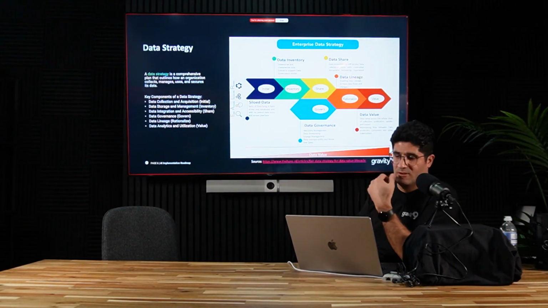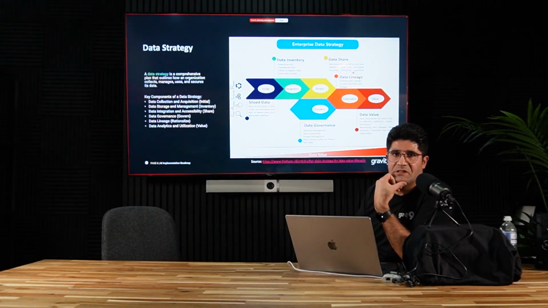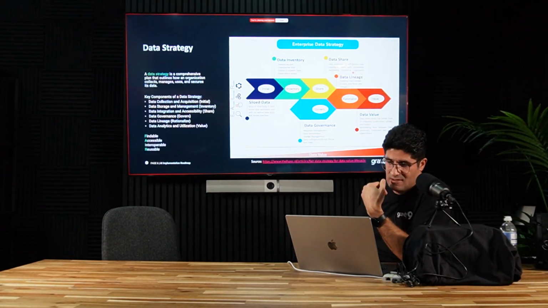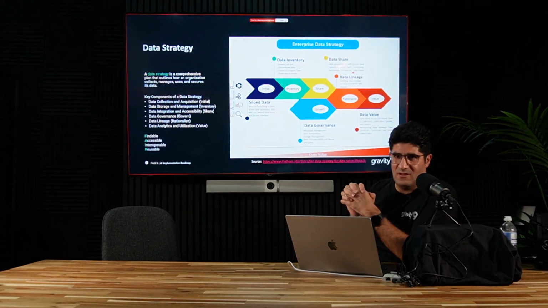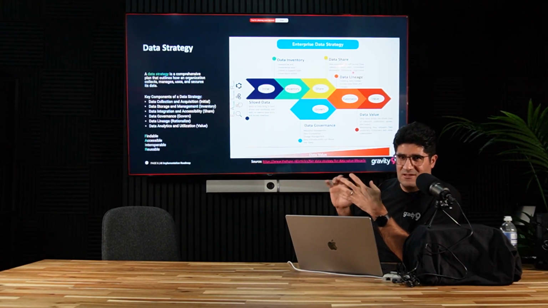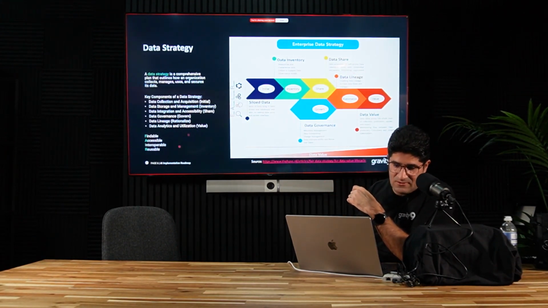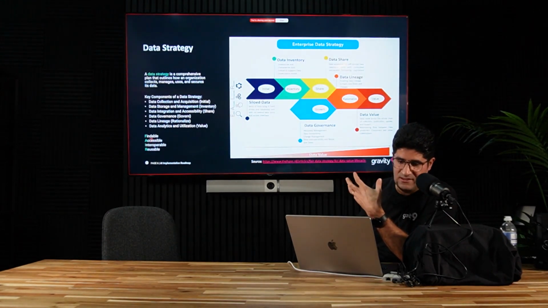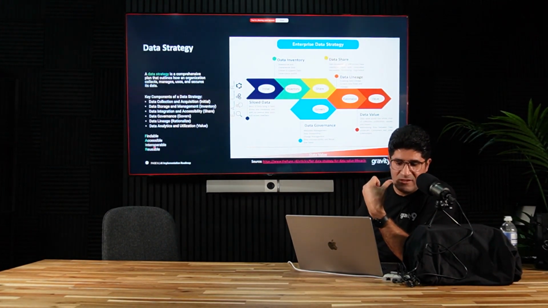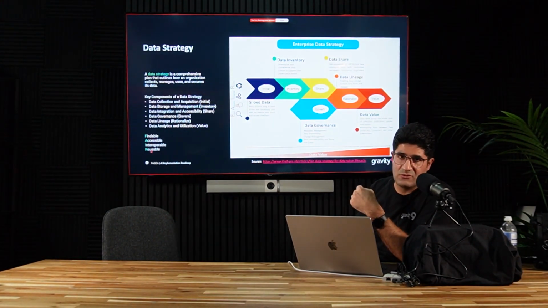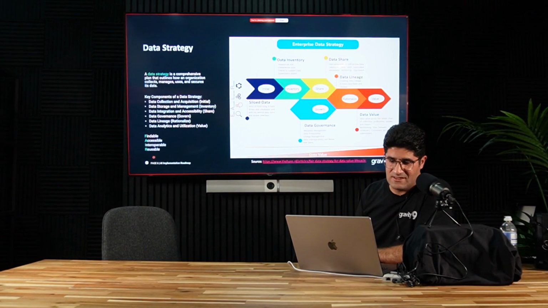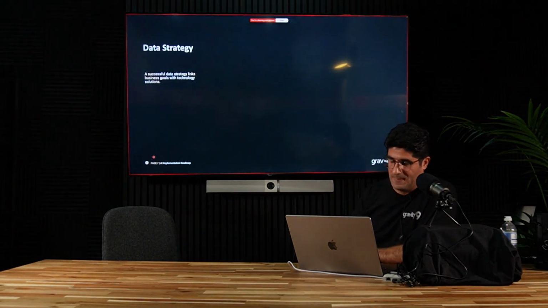This is just a sample example for creating a data strategy for an enterprise or an organization. And we call this data strategy FAIR. So in fact, data strategy should be findable. It should help people to find the data. It should be accessible. The data should be accessible. It should be interoperable, also reusable. So in fact, these are 4 different characteristics that we need to consider when creating a data strategy.